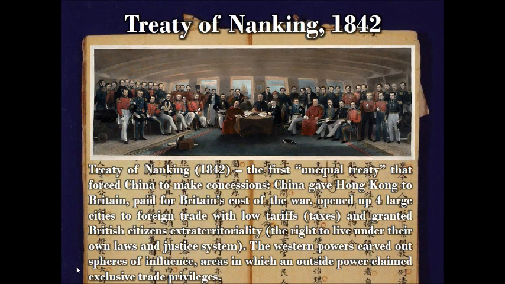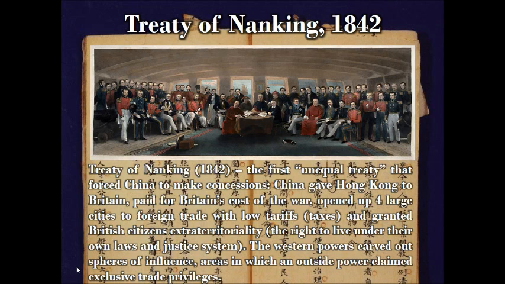As the result of losing the First Opium War, the Chinese were forced to sign the Treaty of Nanking in 1842. This was the first unequal treaty that forced China to make concessions. China gave Hong Kong to Britain, paid for Britain's cost of the war, opened up four large cities to foreign trade with low tariffs, or taxes, and granted British citizens extraterritoriality, the right to live in China under their own